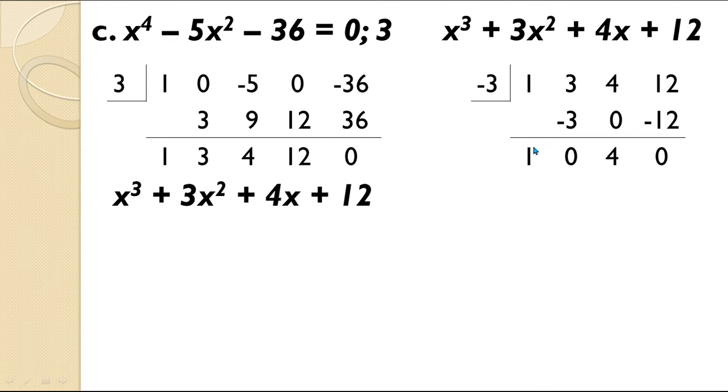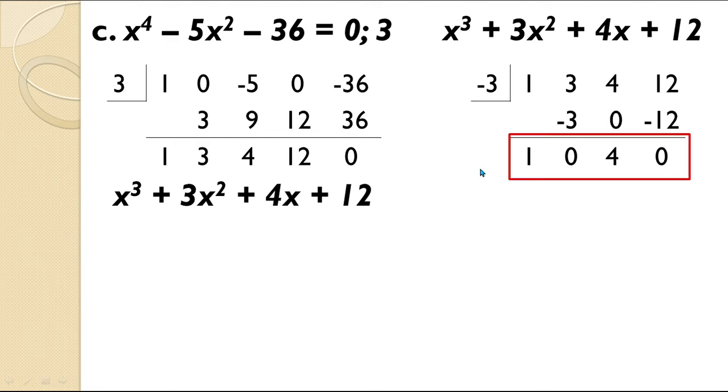Bring down the first number. 1 times negative 3 ay negative 3. 3 plus negative 3 ay 0. 0 times negative 3 ay 0. 4 plus 0 ay 4. 4 times negative 3 ay negative 12. 12 plus negative 12 is equal to 0. So, yung ating remainder ay 0. Therefore, negative 3 is another root of the given